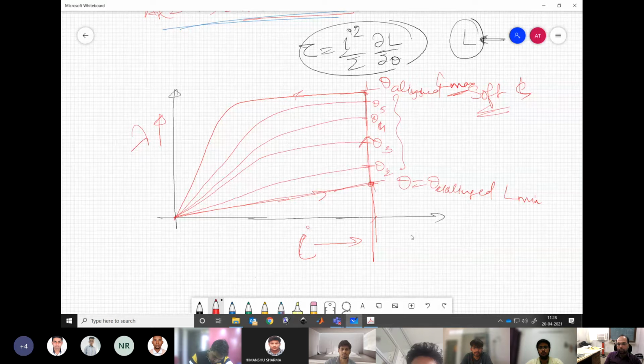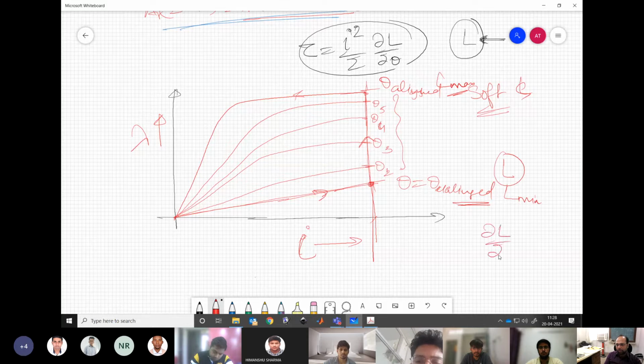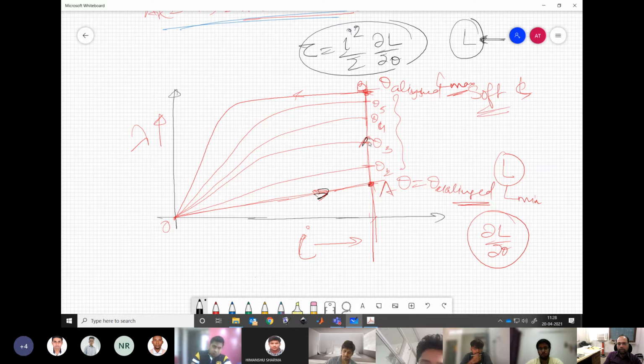So for maximum extraction of power, what do we do? We start at the unaligned position where L starts changing with theta. At that moment you excite it and let it change, and you turn it off when it reaches L max. That means moving on this bigger curve OAB. Go up to A, then from here it will move up to B, and then you reduce it back to 0. Clear? Fine? Yes, sir.